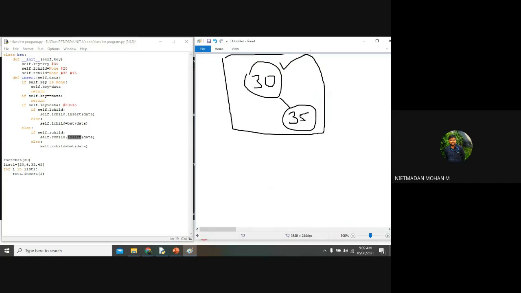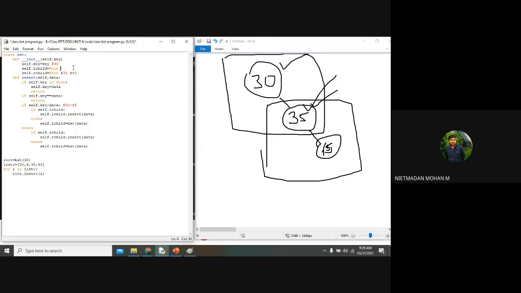It means this is my root node and this is my child node. Once we have called the recursive function, then what will happen? This will be considered as my root node, and there is no r child available. So I directly go to the BST and apply the r child as my 45. So this is the only thing we will be looking at in this binary search tree. We are using the recursive function in both cases, on the left-hand side as well as the right-hand side. So the root node will change accordingly when you use the recursive function.